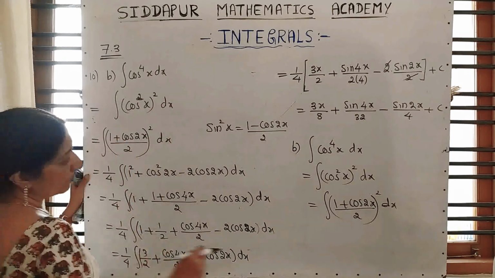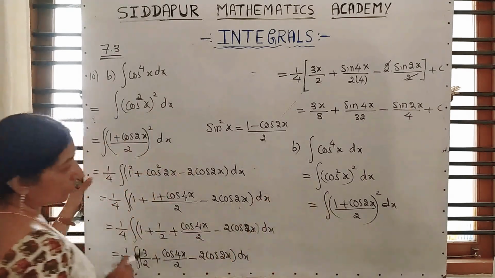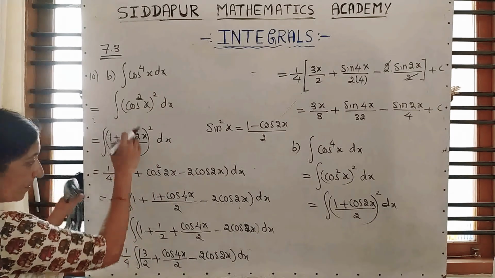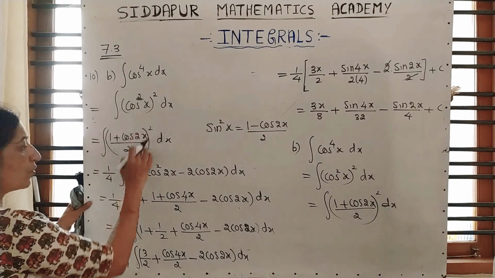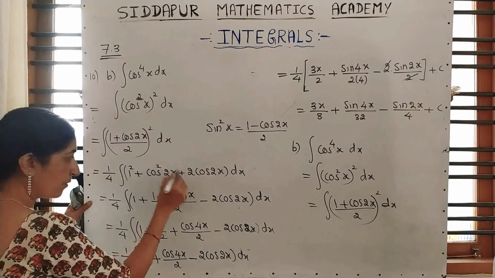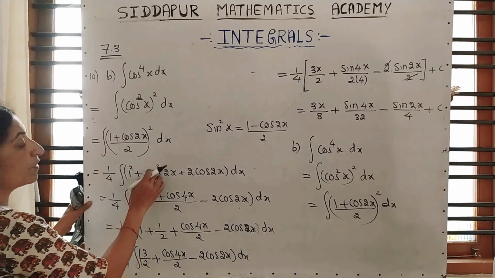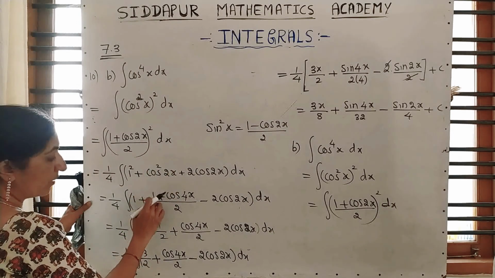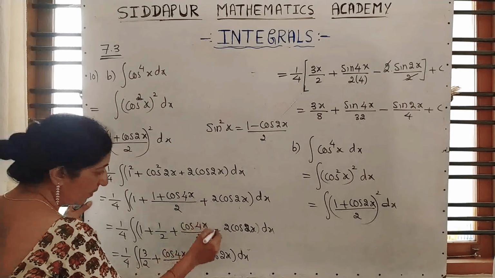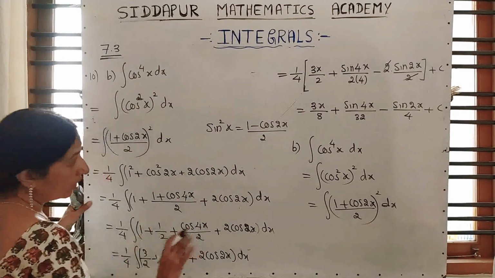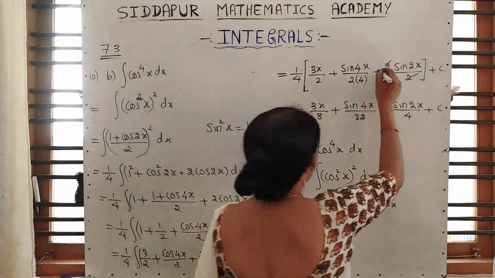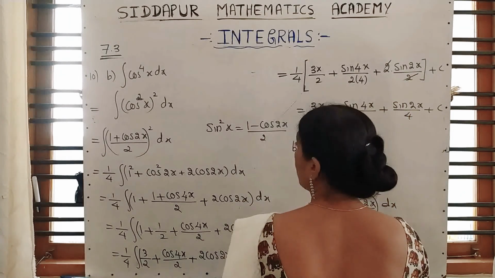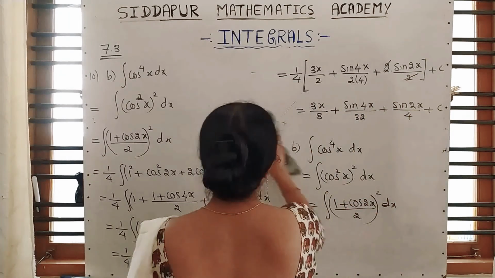See, if I make a plus, you get this value or what? That's why I stop there only. I am continuing here. It is a plus b whole square, a square plus b square plus 2ab. Again we don't know cos square 2x, that we wrote 1 plus cos 4x. This will become plus. Only that is the difference, that is the change we have to make for cos raised to 4. Understood?